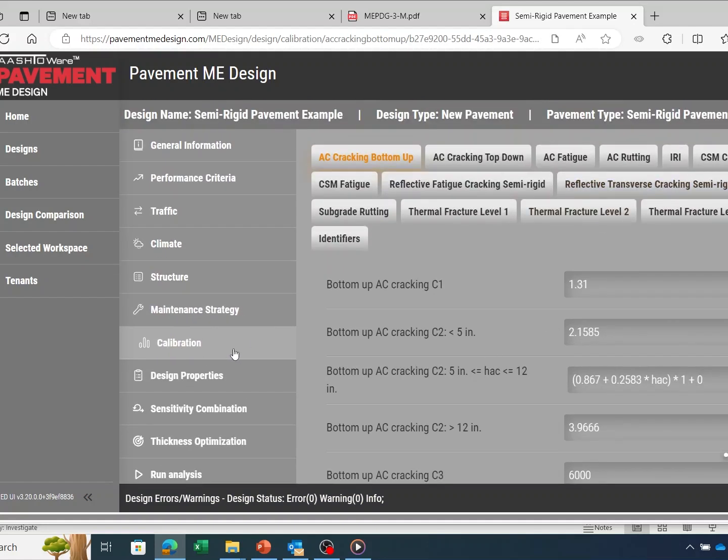calibration coefficients. The calibration coefficients for the asphalt bottom-up, top-down cracking, as well as asphalt fatigue and asphalt rutting, are basically all the same as for flexible pavements because it's the same asphalt material, whether it's placed on a semi-rigid pavement or a flexible pavement. The subgrade rutting and base rutting are the same. The thermal fracture of the asphalt wearing surface is the same. What's different is the